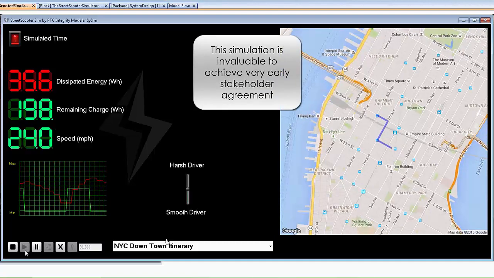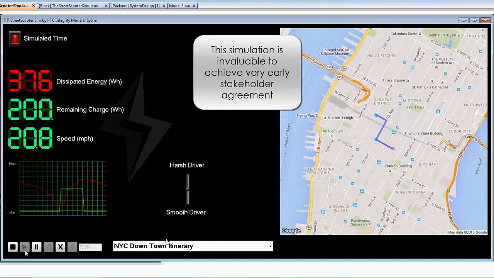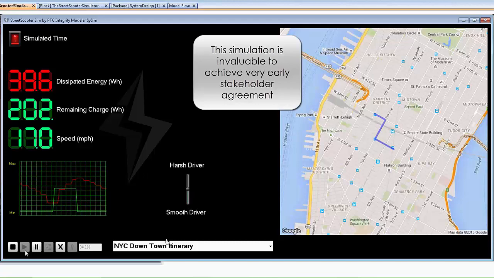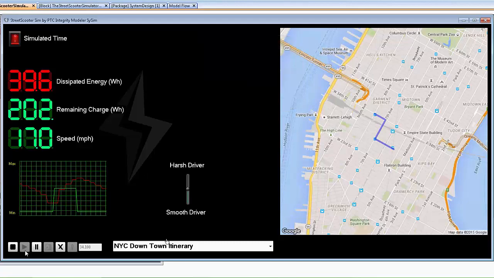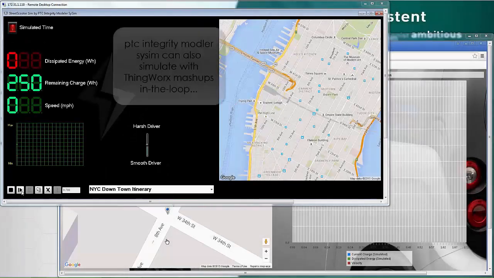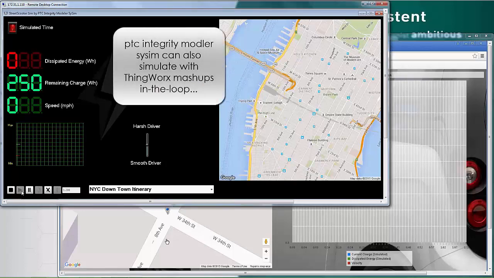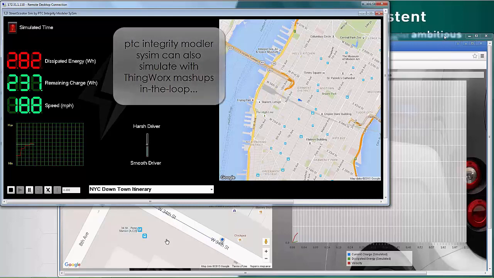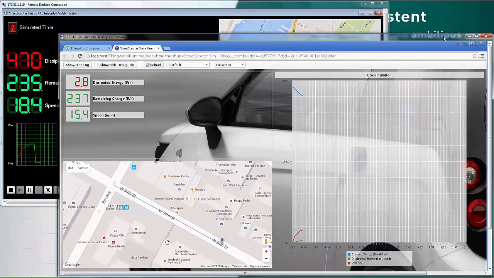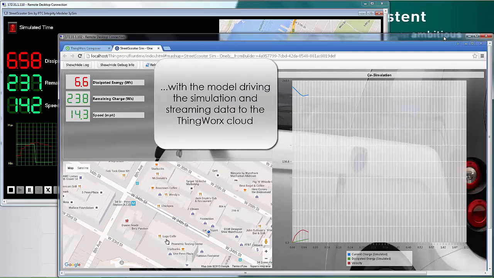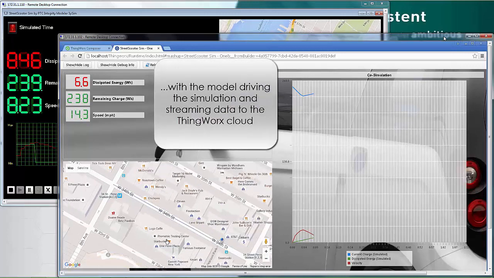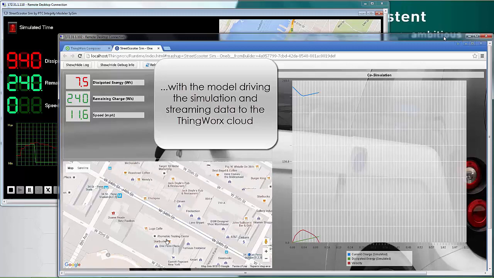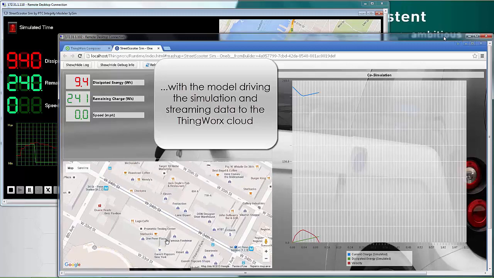This is invaluable. I mean, it's one example. This is invaluable to stakeholders who want to see how the product is going to work, how the system is functioning before we create any physical prototypes. But as well as simulating using SciSim and that visual mockup, we can also send that data up through the cloud to ThingWorx, and this is now a ThingWorx mashup, a ThingWorx user interface,